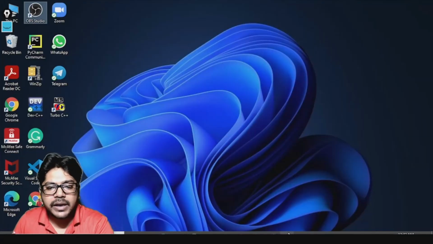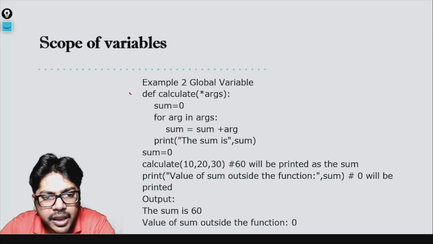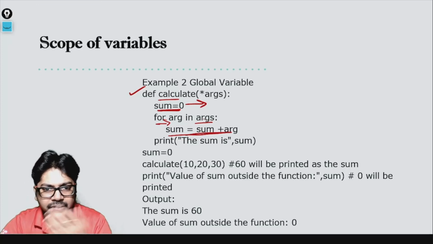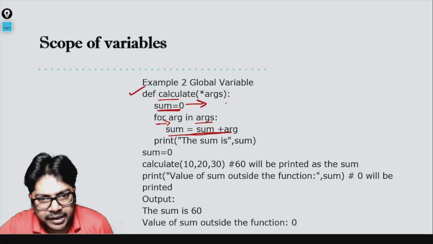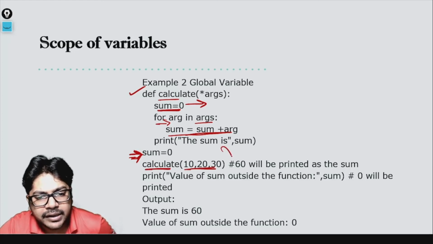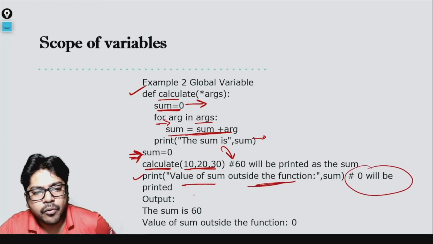Okay, how do you make a global one? That is the next question, and that can be answered. You see here we created a function def calculate_sum with a variable sum equal to 0. There is a variable that we created here, and then for arg in arguments we are adding sum equal to sum plus arg. This is a program that we have already made, right? Variable length argument, right? And now you see there is another variable called sum. We are calling the function with 10, 20, 30, and we will get 60 because sum is going to give you 60 here. But if you call the value of sum outside the function, you are going to get 0. Why are you going to get 0?